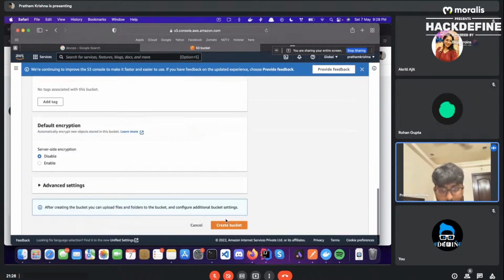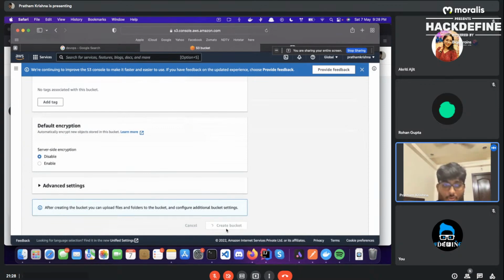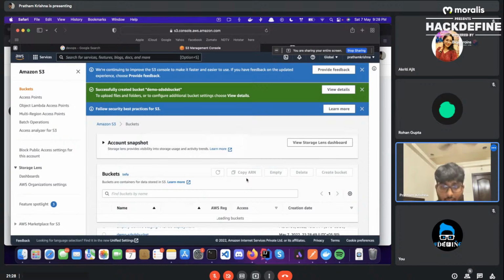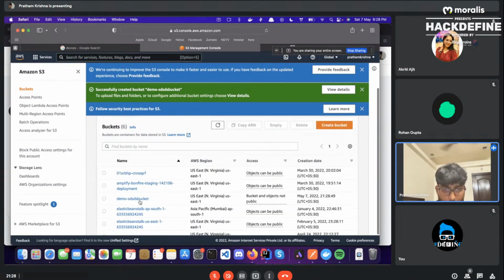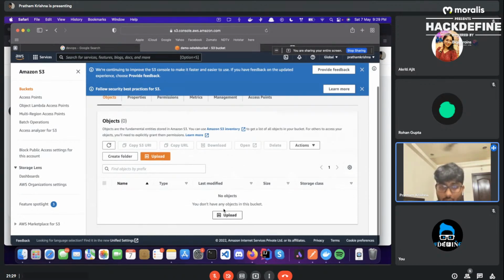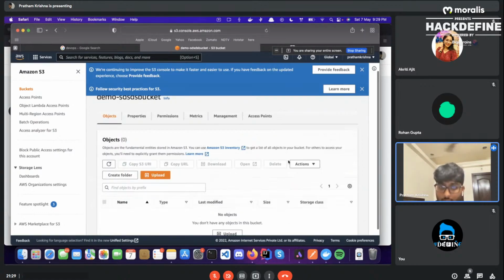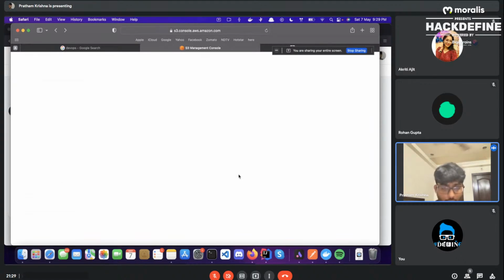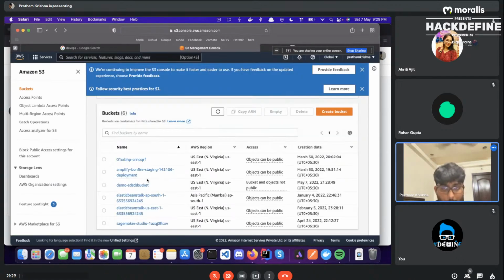Okay, cool. I'll not be able to show you any HTML content, but this is a simple way of creating a bucket. If you want to put in files, one way is obviously the AWS CLI, but you could also upload files using the website as well. For now, I'm going to delete this bucket because it's not really of much use right now.